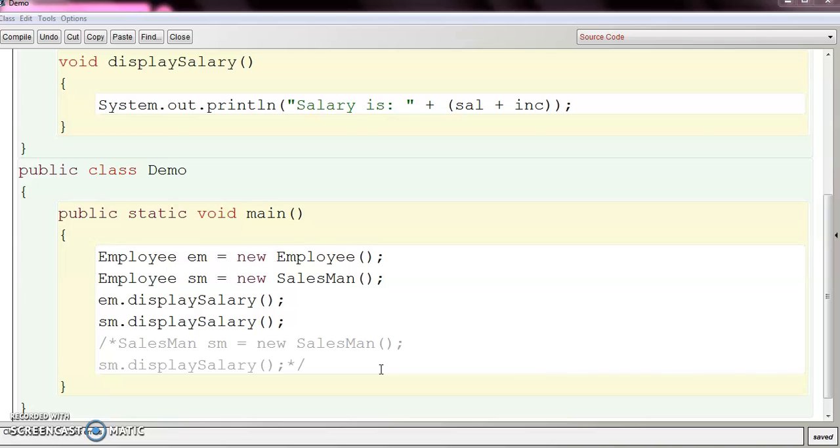All the instance method calls are actually resolved at runtime, but for static methods and private methods, the call is resolved at compile time, and this type of binding is called static binding or early binding. This is because static methods are class methods and they are called using the class name. So the compiler is able to resolve the call at compile time. And private methods can't be inherited, so their call can also be resolved at compile time only. So that's all for dynamic binding.